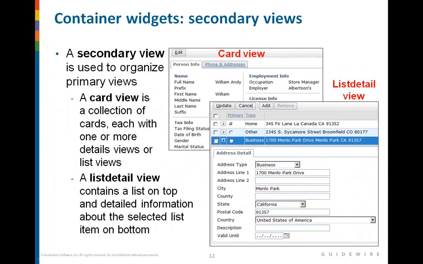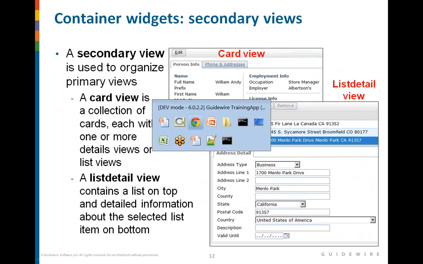So in the card view, you can directly place all the atomic widgets, or you can reference another secondary or primary view, that is a detail view or list view. So list detail view is nothing but a combination of list view and detail view. If you observe the second image above, it is a combination of list view and detail view. If you select one record, the complete information about that record will be visible in the bottom section of that